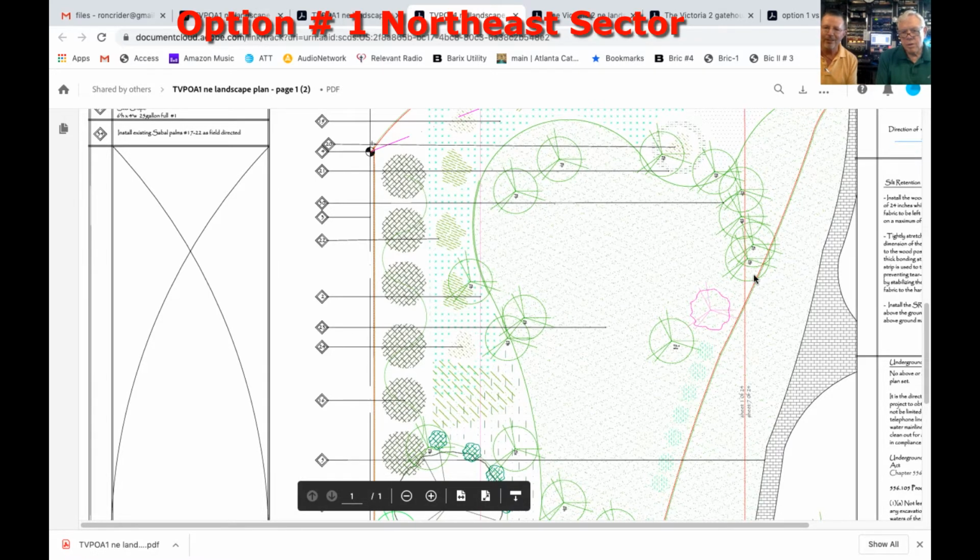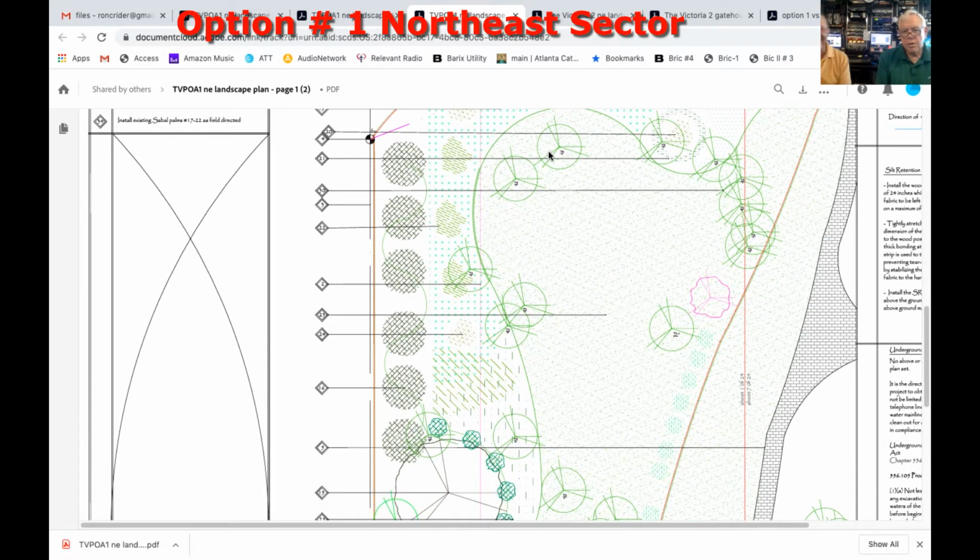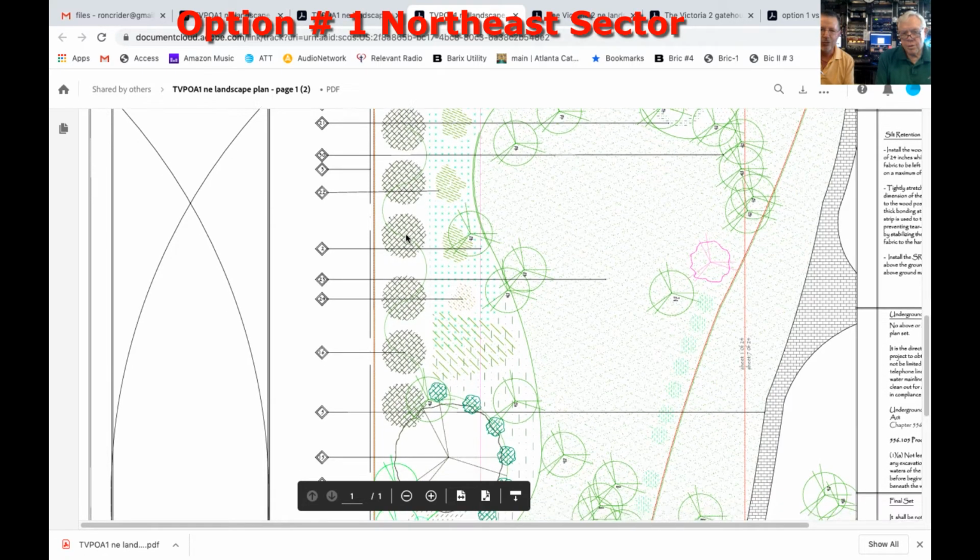Part of the proposed project is the relocation of these palm trees to create a softening or a buffer to the fountains to the north. And as we scroll down, you'll be able to see that. The plant material that we've chosen and proposed for this section is 90 to 95% all natives, such as introducing new clusters of saw palmetto, this being the existing sea grape that runs down the north property line. As we scroll down further,